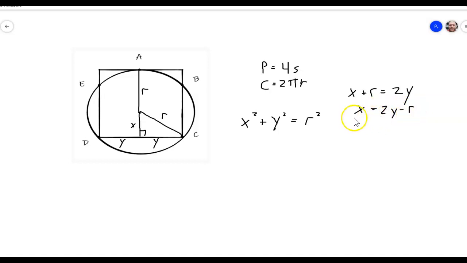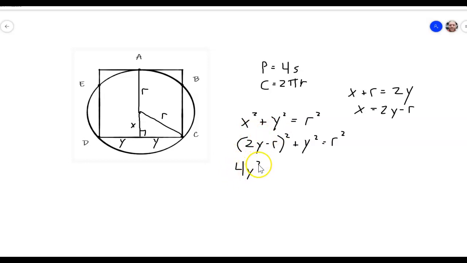Just trying to do some substitution to get rid of my x's. So this is going to end up being (2y minus r) squared, I'm just substituting this x in here, plus y squared is equal to r squared. And then I can just FOIL that out. So that's going to give me